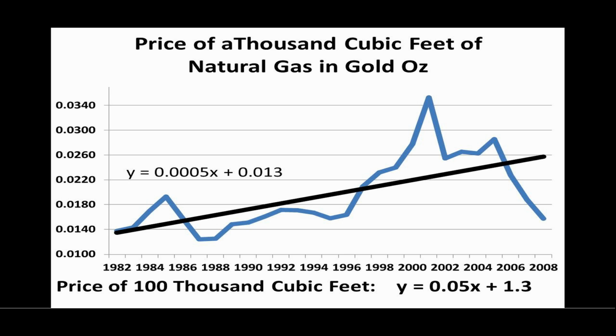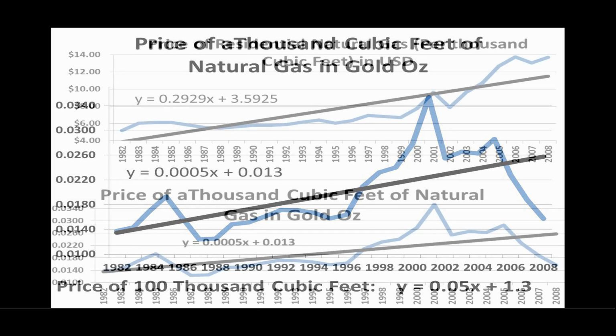So if in 1982 the price was 1.3 gold ounces, then the next year, 1983, would be 1.35 gold ounces. 1984 would be 1.4 ounces, and so on. So there is also an increase here. But if we compare it with US dollars,